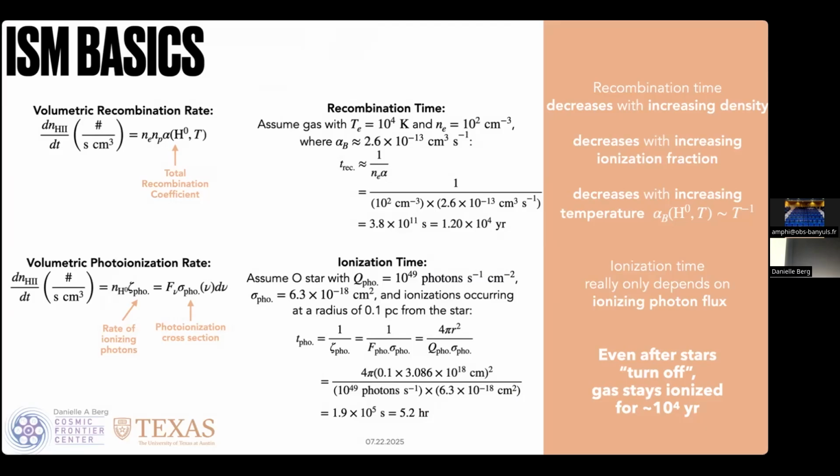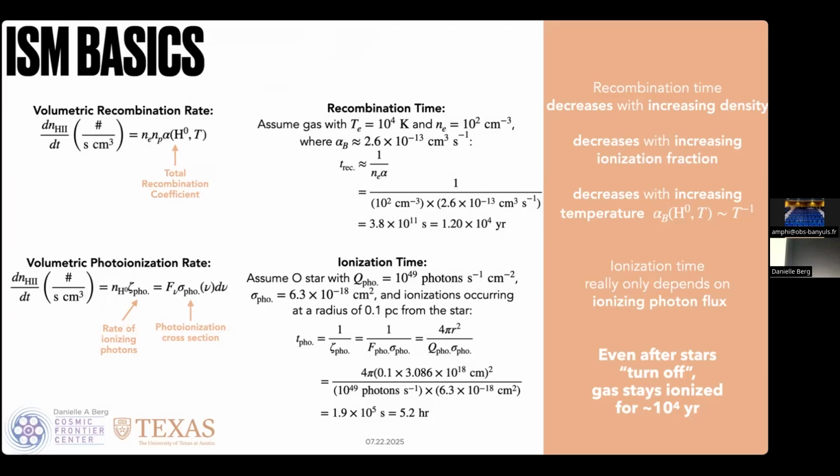Whereas if we look at how long it takes those electrons that are running around to recombine with our protons, the ionized hydrogen, we have a slightly different equation. We have our density of electrons, our density of protons, and this total recombination coefficient. We can put in some assumptions. Our recombination coefficient is going to depend on the temperature of our gas. So if we have a typical ionized gas temperature of 10 to the 4th Kelvin, a typical nearby ionized density of 100 electrons per cubic centimeter, and this is a case B total recombination coefficient, a typical value,